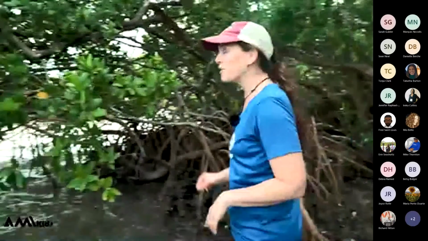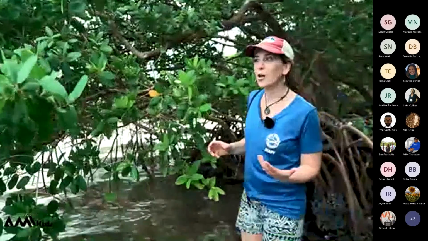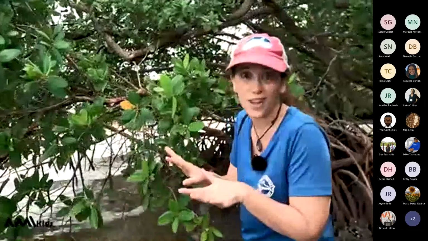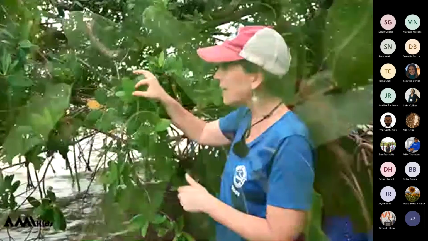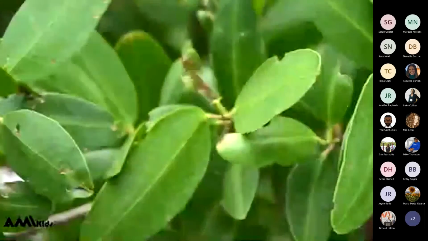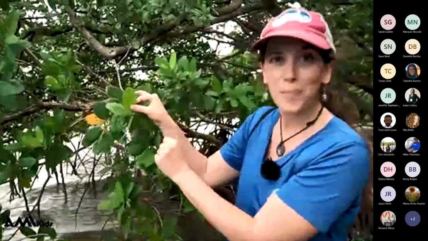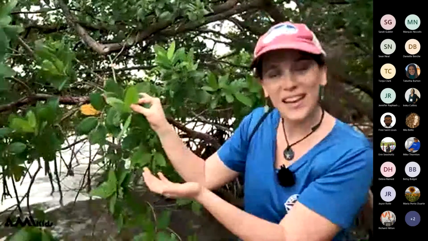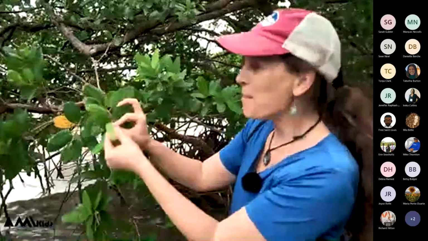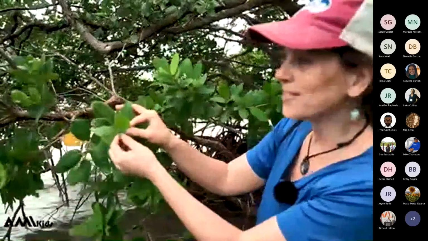So now that we've learned about the roots of the red mangrove, let's check out the leaves. So the leaves of the red mangrove are really easy to tell because this is the tree that grows closest in the water. So their leaves need to be really waxy because they just keep the salt out altogether. So the leaves are fairly waxy and green, but generally they come to a little bit of a point at the top. So our rhyme that we use to remember this is red, red, pointy head, okay? And they're basically the same color on both sides.